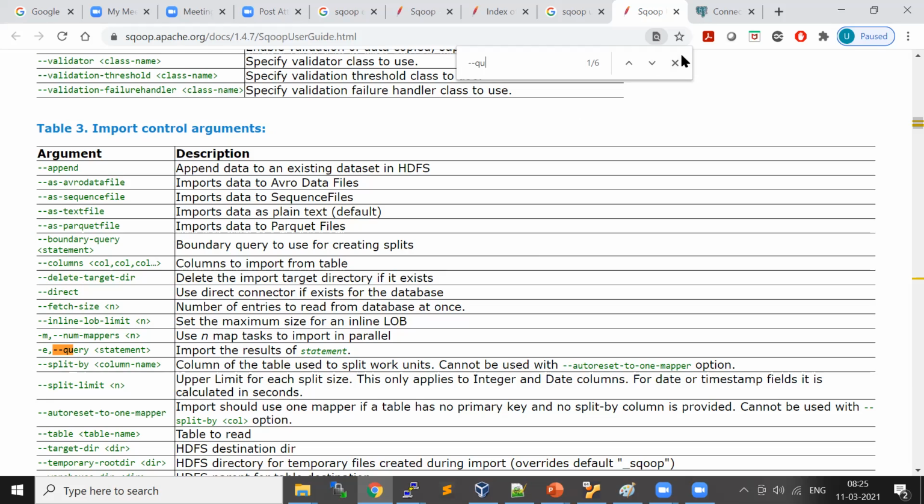This user guide is a good place where you can actually explore different options available for the import and export command.